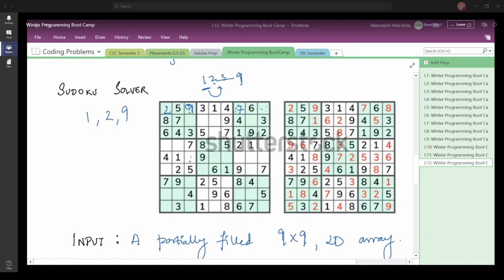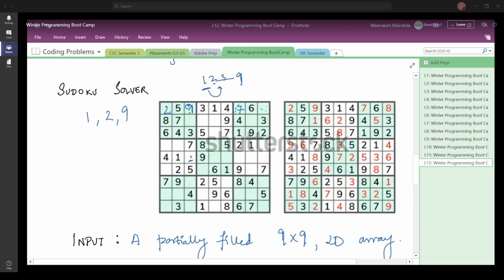Let us suppose here you have reached, and now what do you do? For this particular position, I'm currently considering only an example. Let us assume that I'm going to check which element should come here, starting from 1 to 9.